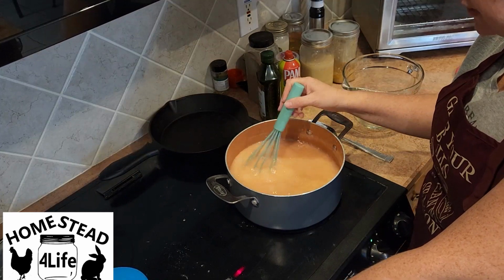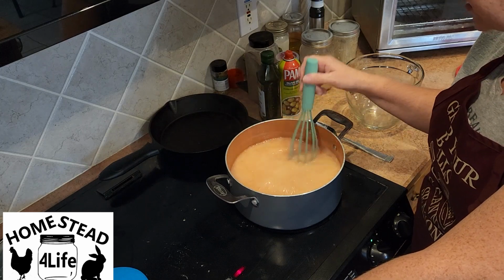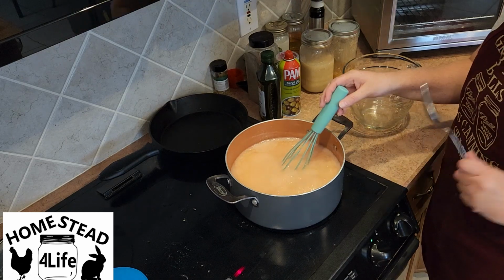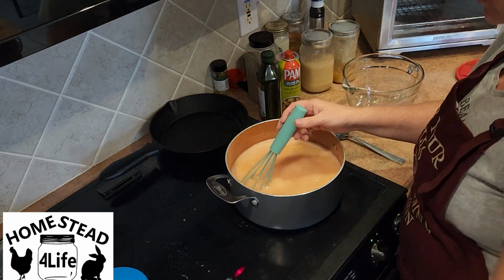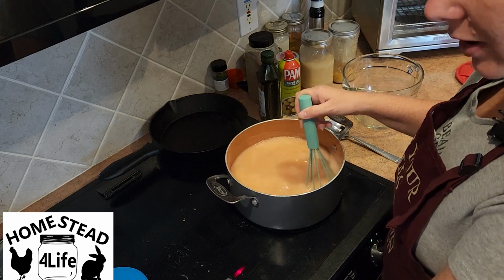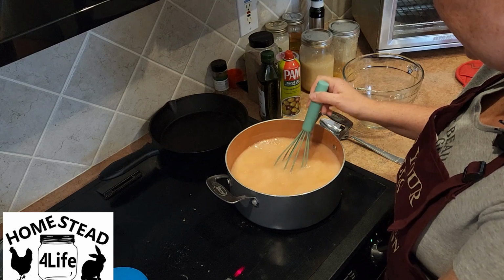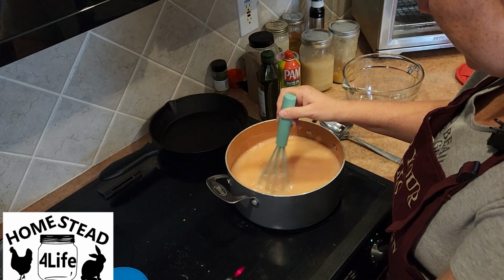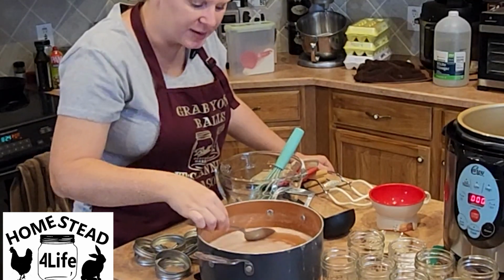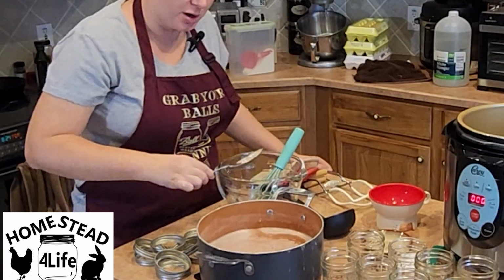Okay, it is boiling, so we are going to keep stirring it for our 1 minute countdown. As you can see, it's getting pretty foamy on top. So we've got our spoon ready to scrape the foam off after we remove it from the heat. Okay, so countdown is on. 1 minute, and then we remove it from the heat. All right, we've removed it from the heat, and we are just going to skim this foam off the top